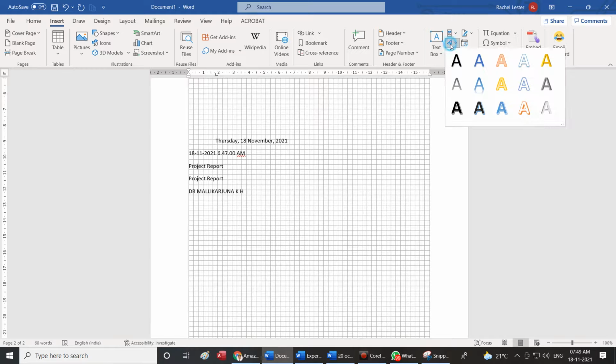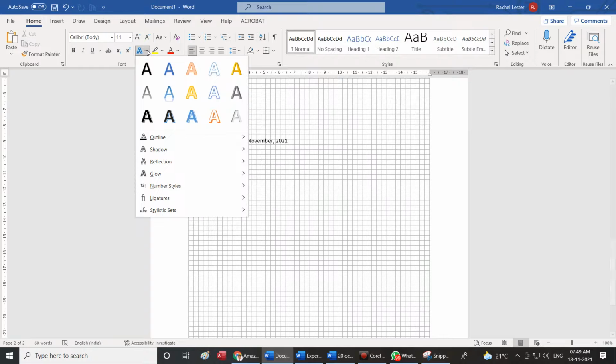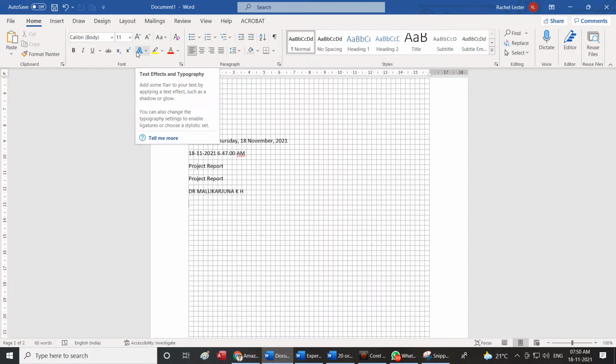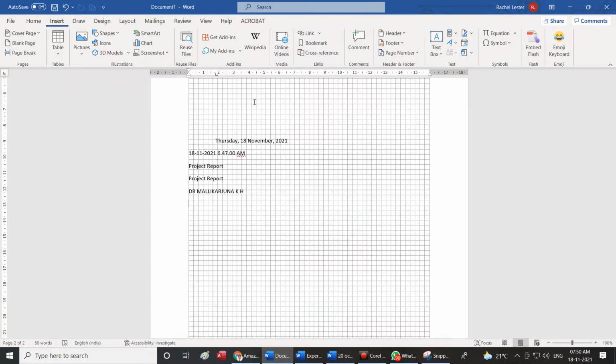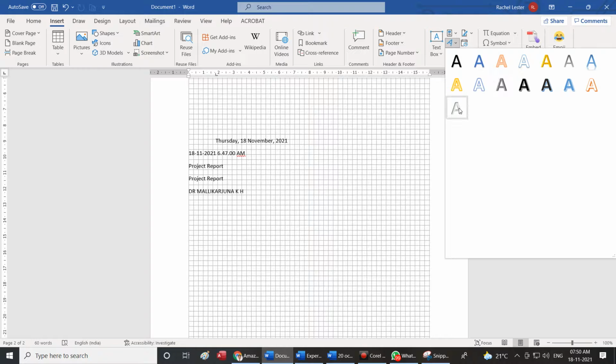Okay, now I can select this, the same artistic. We also saw this in home screen. In home screen, when I came here, this was also the same artistic. Here the heading was text effects and typography, but when it came to insert option, the same is given as insert word art. When I click on insert word art, the same option is selected, and these are the default fonts that are